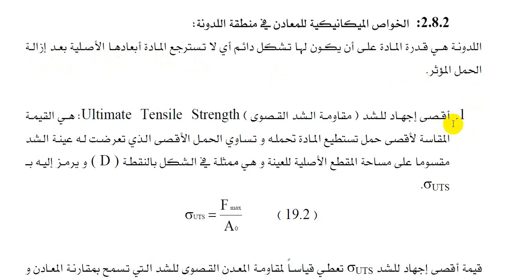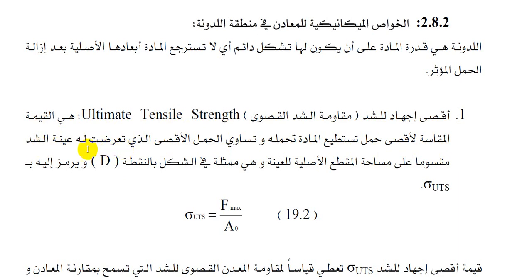1. As you can see right there, Article 1 for the category is actually indicating the UTS, the ultimate tensile strength, or the ultimate tensile stress. The ultimate tensile stress is the value, or the scaled value, for the ultimate load at which the material can withstand or tolerate, and equals the maximum load